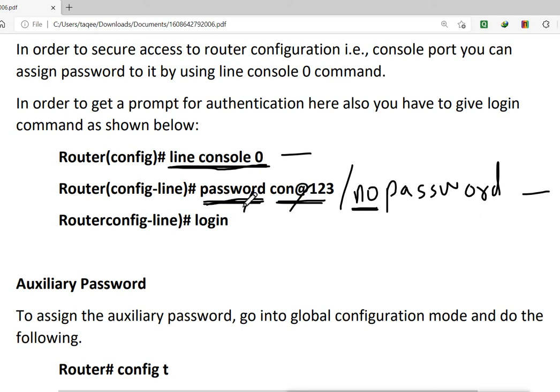So to configure, we use the password command. To remove the configuration, we use the same command password, but starting with no. So I will say no password, done. To configure login, it was not configured, I did the command login. To remove this, I will say no login, no space login, removed. Very simple. You have to mention the command after the no, and just mention the command, not the value. So we want to remove these things.